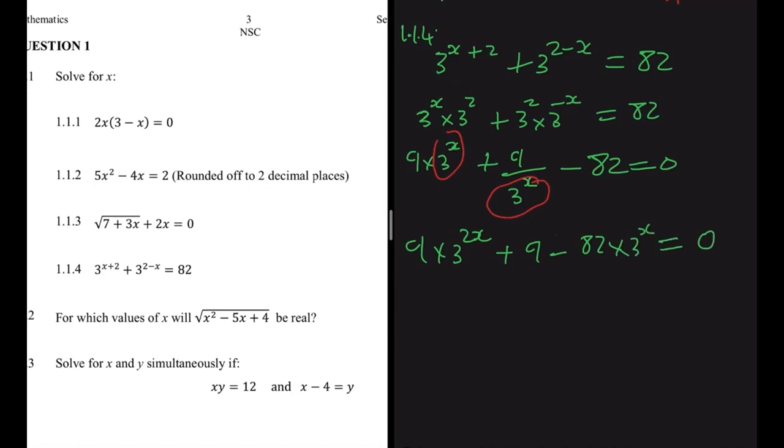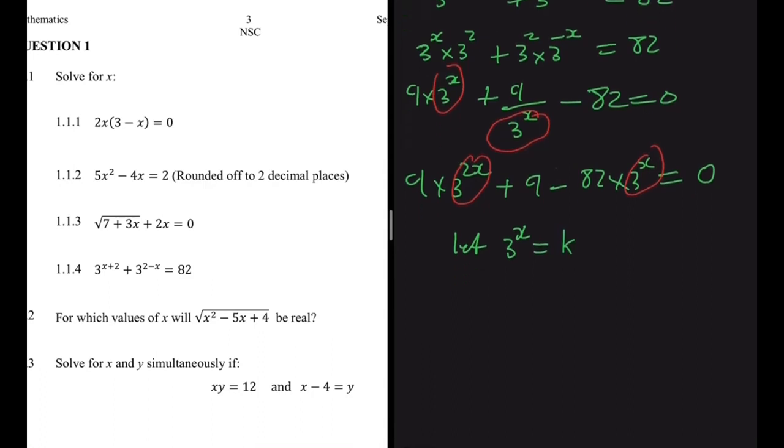Yeah, but let's see if we can. So now we can try to factorize this. But it's very difficult when you have this kind of thing, right? It's very difficult to factorize it like that. So what I like to do, I let 3 to the x be equal to k, right? If I'm dealing with k, it will be easier to factorize compared to when I'm dealing with 3 to the 2x. So we're going to have 9 multiplied by k squared